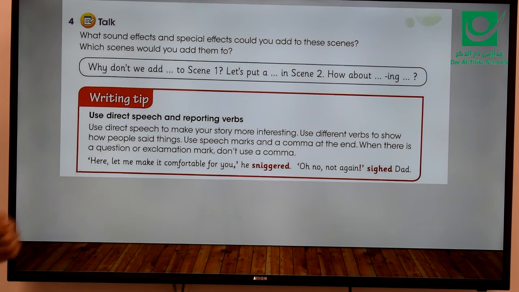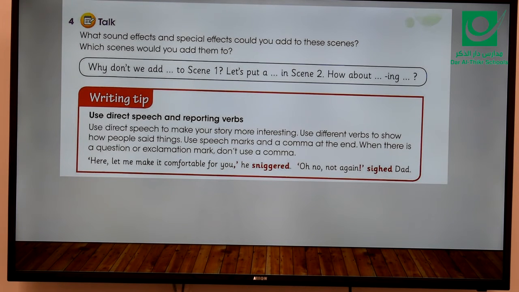Here's a writing tip. Use direct speech and reporting verbs. Use direct speech to make your story more interesting. Use different verbs to show how people said things. Use speech marks and commas at the end. When there is a question or exclamation mark, don't use a comma. These tips are important when you write.